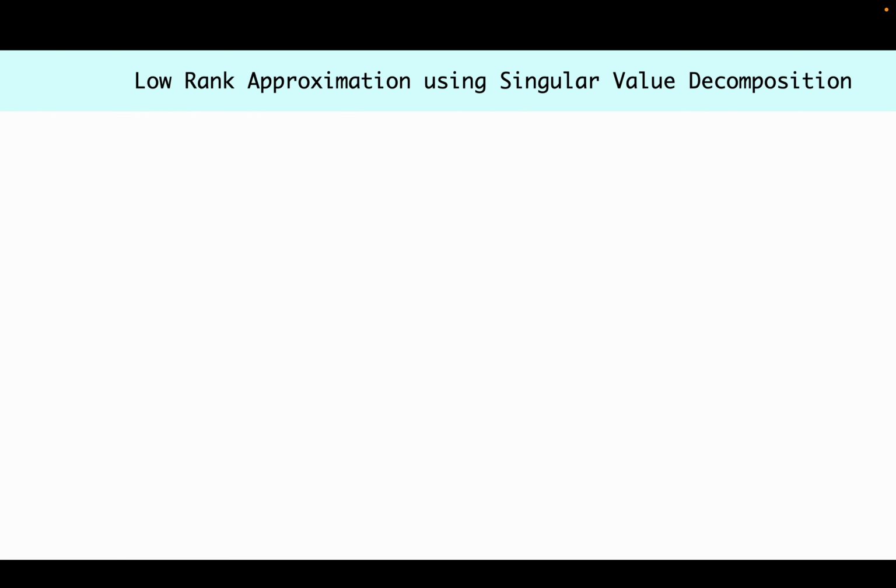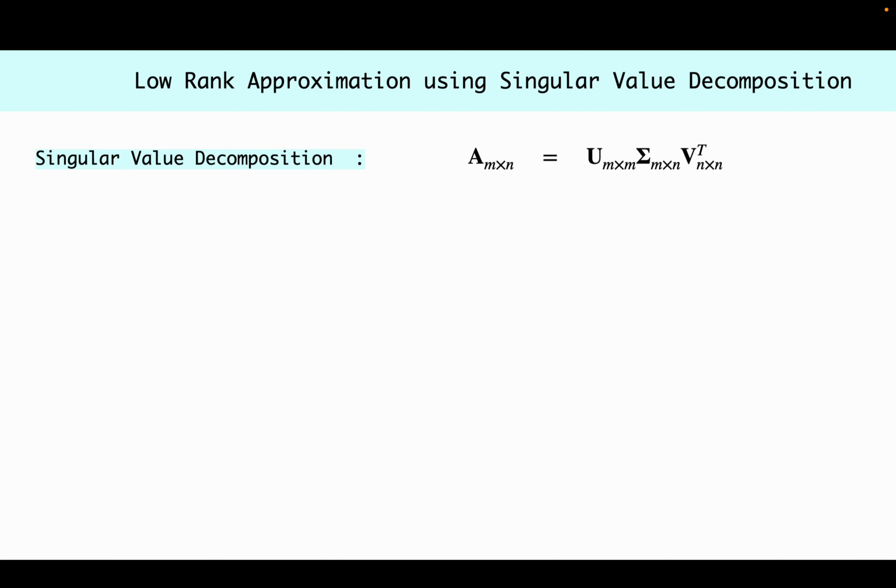One of the other use cases of singular value decomposition is to obtain a low rank representation of any matrix. We know SVD is A equals U sigma V transpose, and we can obtain A_k, which is the kth rank approximation of the matrix A, by using SVD. One theorem states that SVD gives the best kth rank matrix as compared to any other kth rank